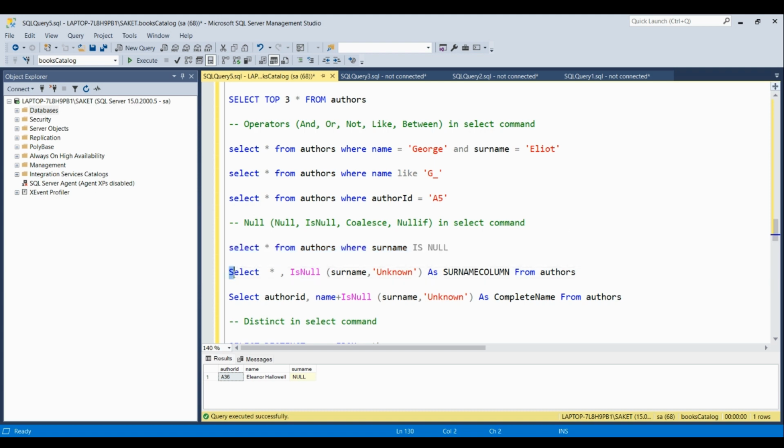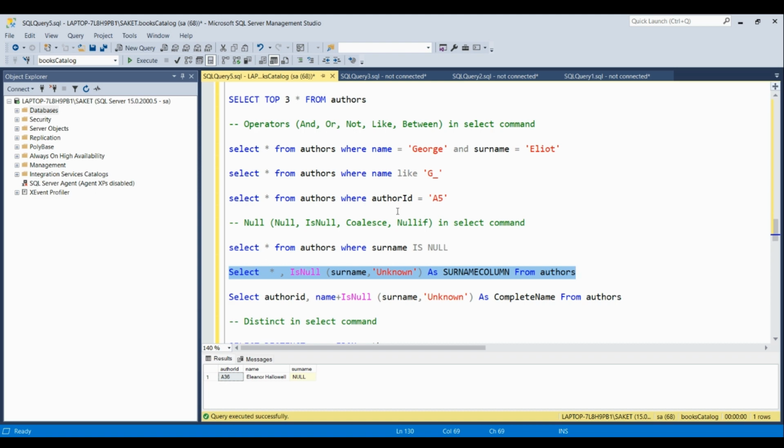The next one is SELECT *, ISNULL(surname, 'unknown') AS surname FROM authors. This command will select all columns from the authors table, and if the surname value is null, it will replace it with unknown.